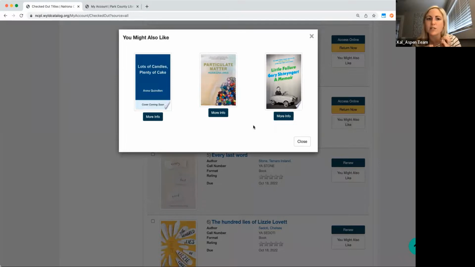So you'll get 3 recommendations based off the bibliographic data of that item that you read. And also based on availability. So we don't want to show patrons things and tease them with items that have 200 holds, for example, on the list. But we want to show them things that they can access now. So you'll see some of these recommendations throughout.